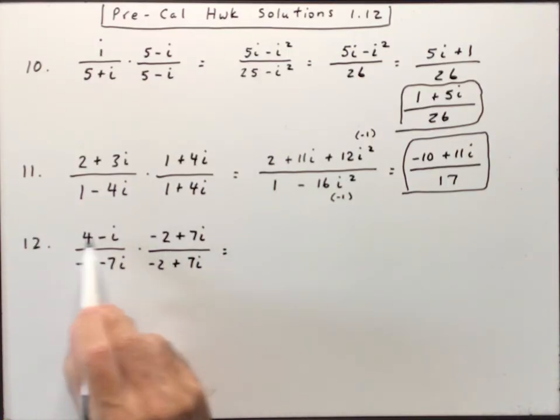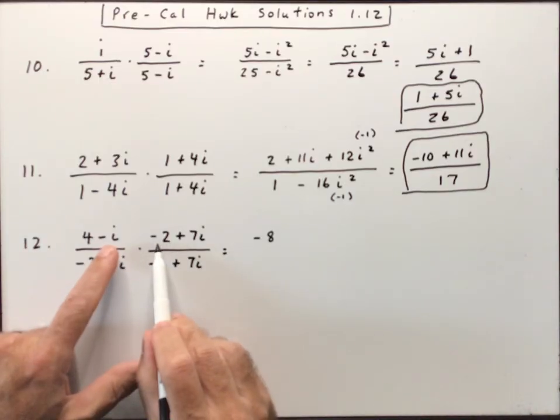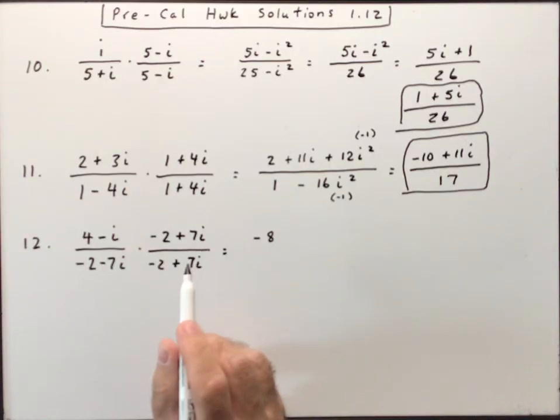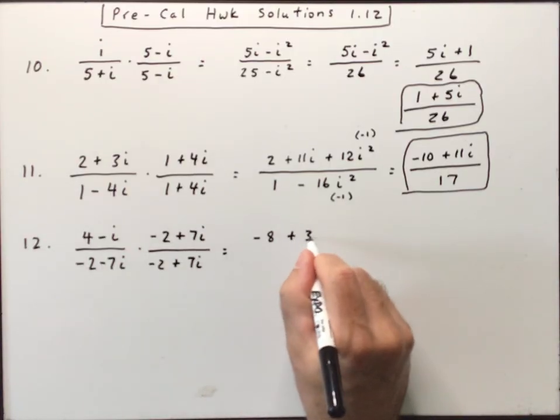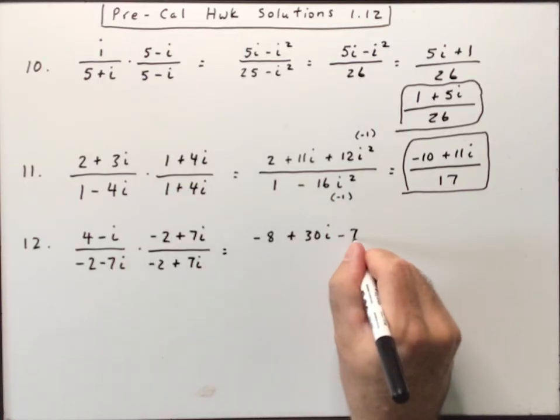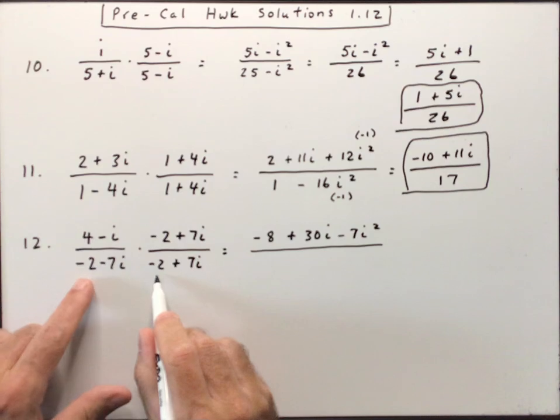So FOIL out the top, that'd be negative 8, then plus 2i plus 28i, so plus 30i, and then minus 7i squared, all over positive 4,